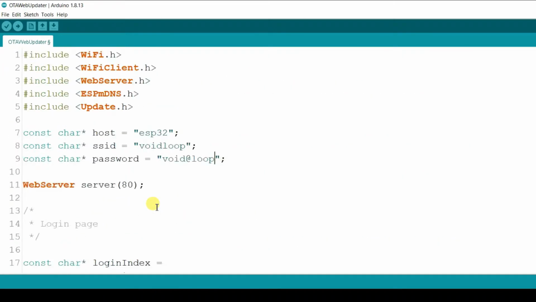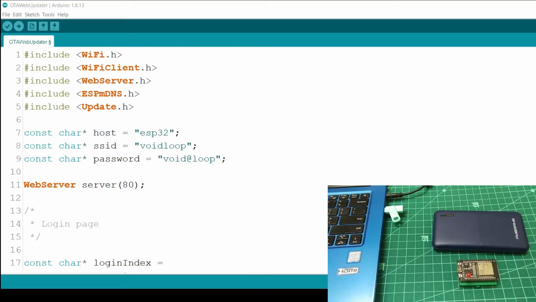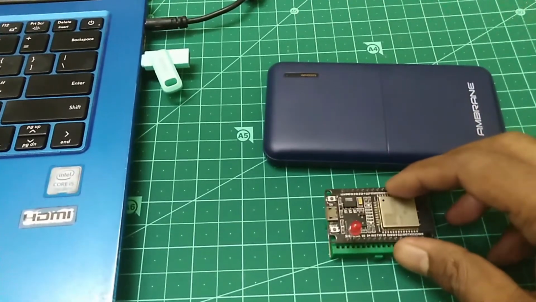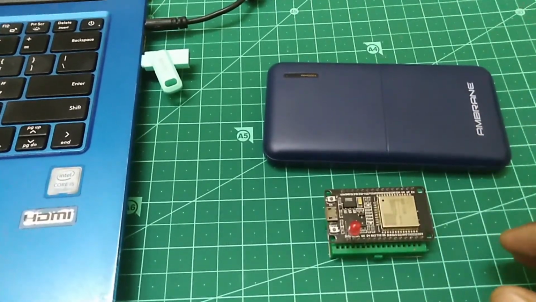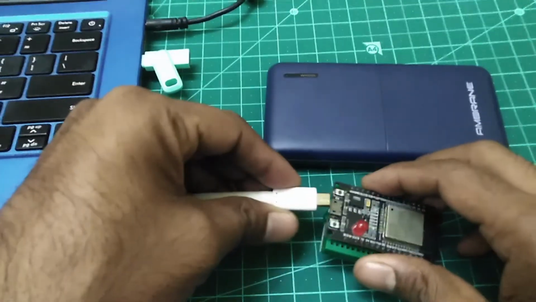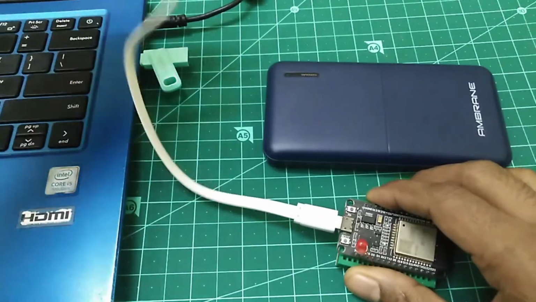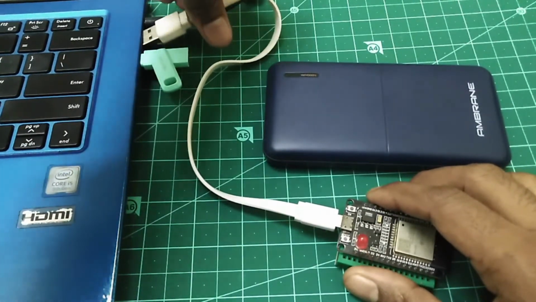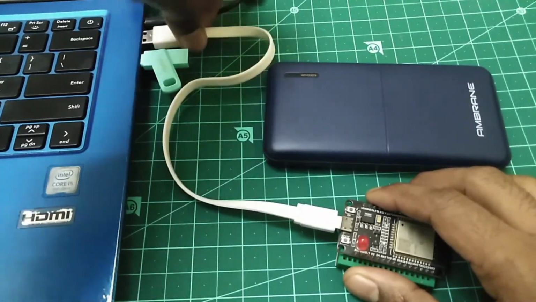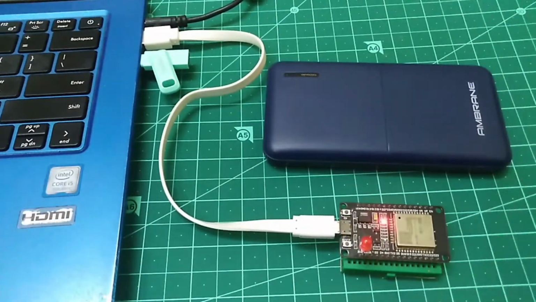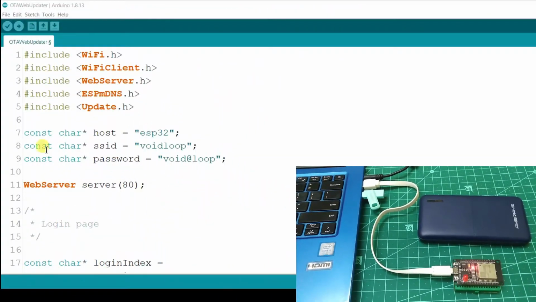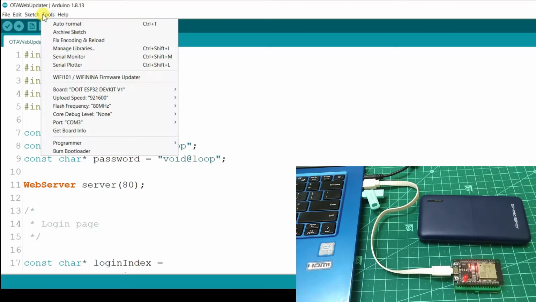Okay, so first of all I will upload this code in this board. So I will connect the wire. This is compulsory for first time and I will insert here. Okay, and I will select here port.